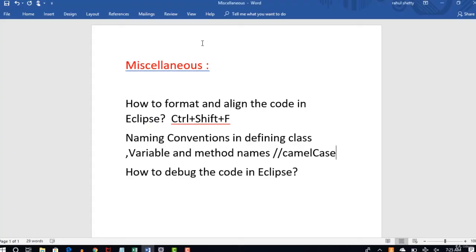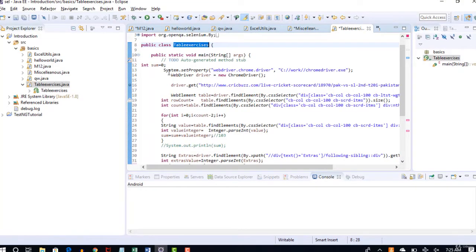Okay, so these naming conventions also matter. In industry standard, people use camel case. So whatever I told you now comes under this camel case. Make sure when you define a class, variable or method name, you follow these naming conventions.